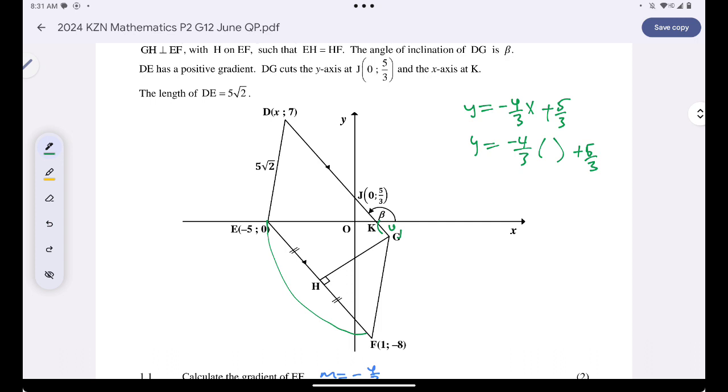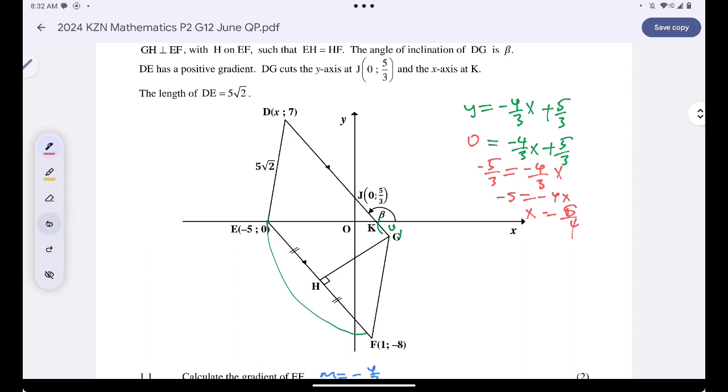No, man, x is not 0, rather, excuse me. Y is the one that is 0, because for the x-intercept, y is always 0 at the x-axis. Okay, and then when I take the negative 5 over 3, it will be negative. I'll have 4 over 3x. Can multiply everything by 3. I'll have negative 5 is equal to negative 4x. Then x is 5 over 4